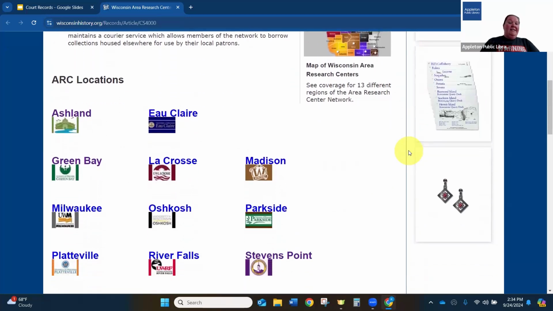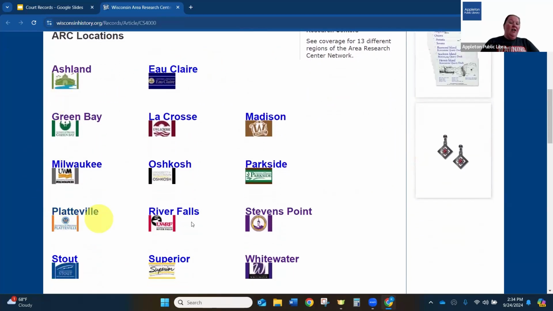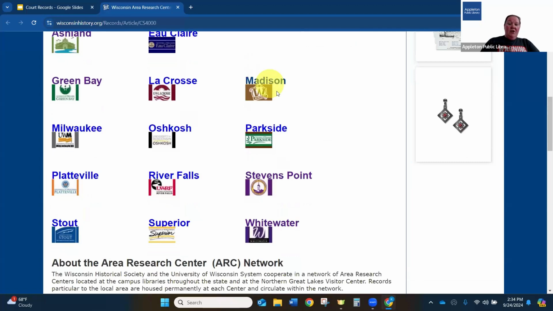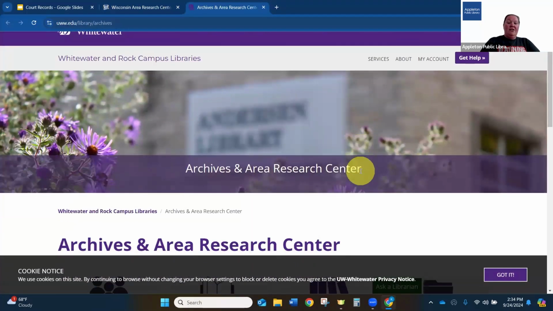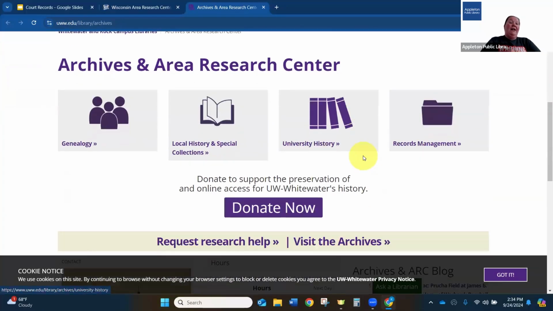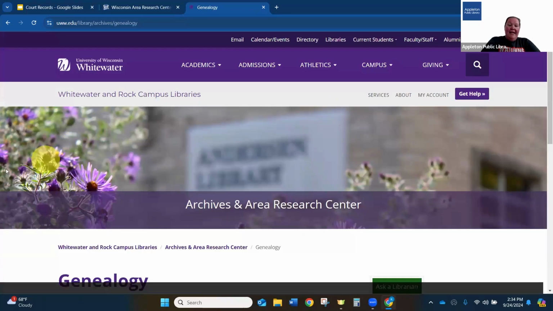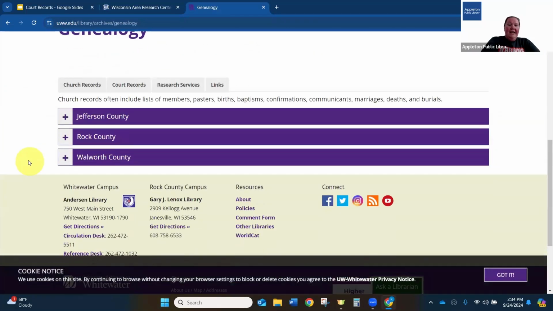And then you can actually see as well, there are links here to all the various schools. So I could, for example, click on Whitewater if I think this is where I need to research. And now I'm brought into that area research center's website where I can see there's a genealogy section. I can click on it and see